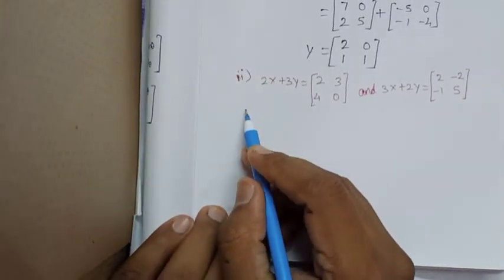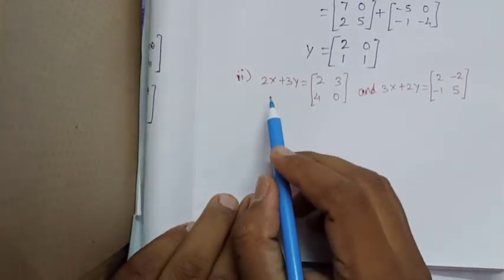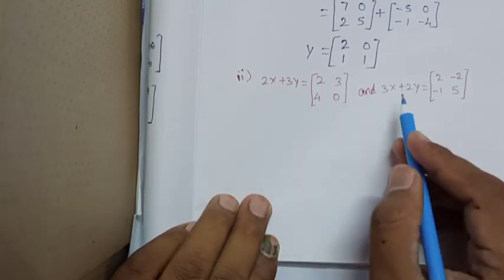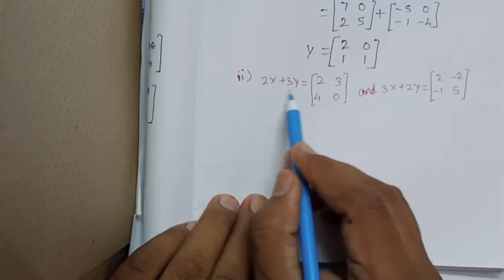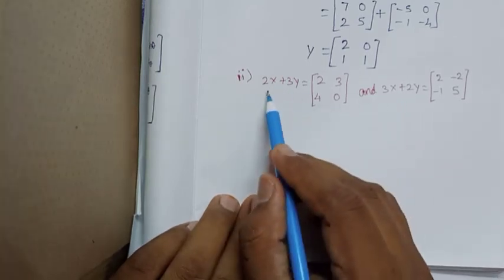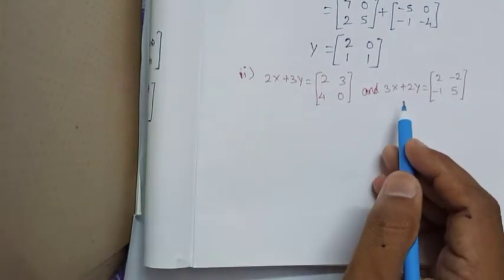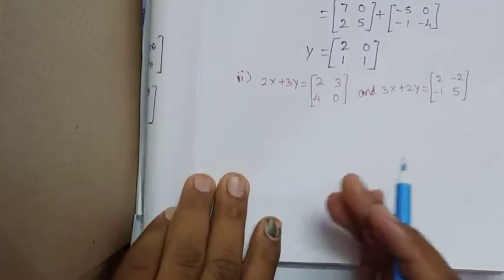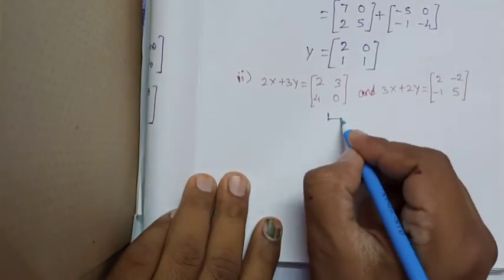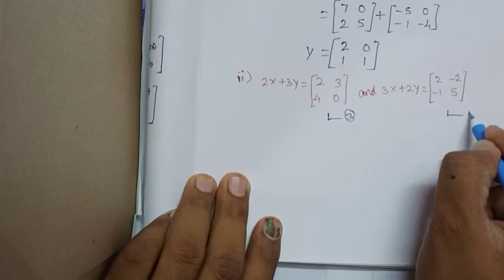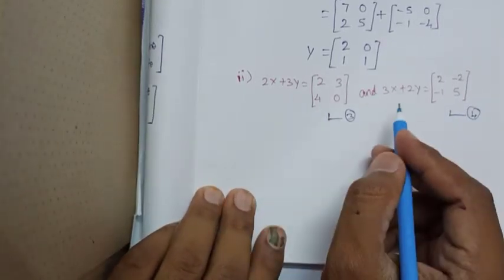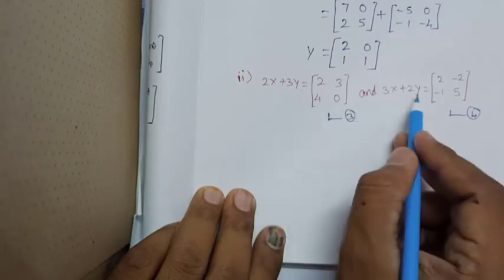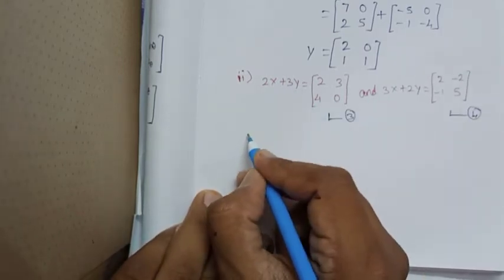The next subdivision, the equations are 2x plus 3y and 3x plus 2y. We have seen this, the two equations have different coefficients of x and y, so we equate the x and y values. Consider this as equation 3 and this as equation 4. First, I am cancelling the y value, so I interchange the values, that is, multiply